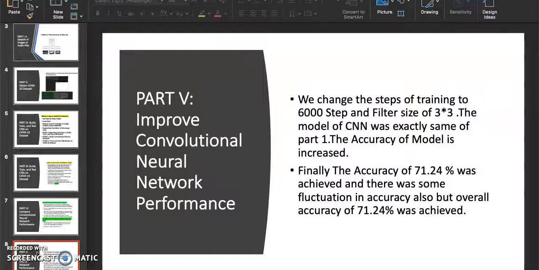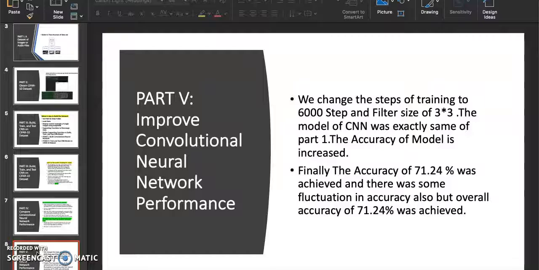First I tried to reduce the steps and the filter size to 3 by 3, and everything else was exactly the same as part 1, and the accuracy of the model increased. Finally I got an accuracy of 71%. There was some fluctuation in the accuracy, but overall the accuracy increased.